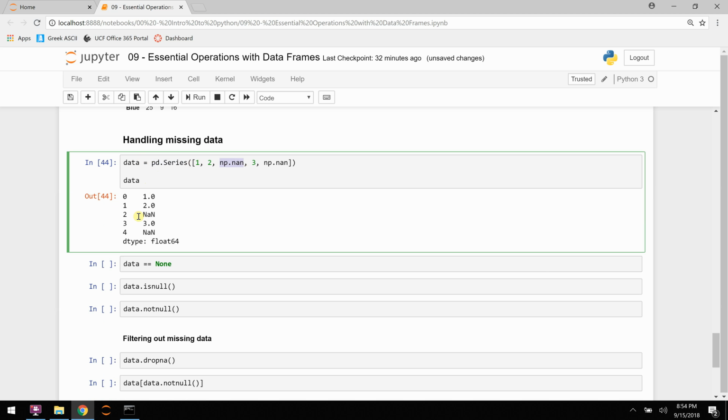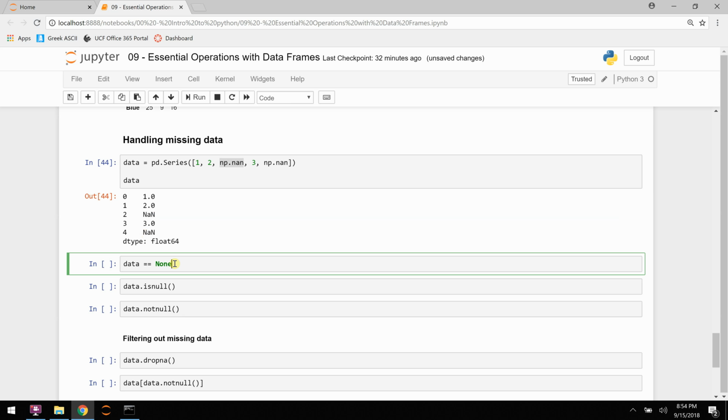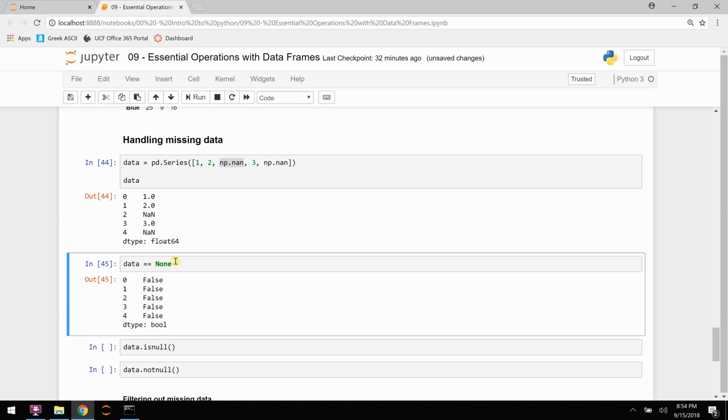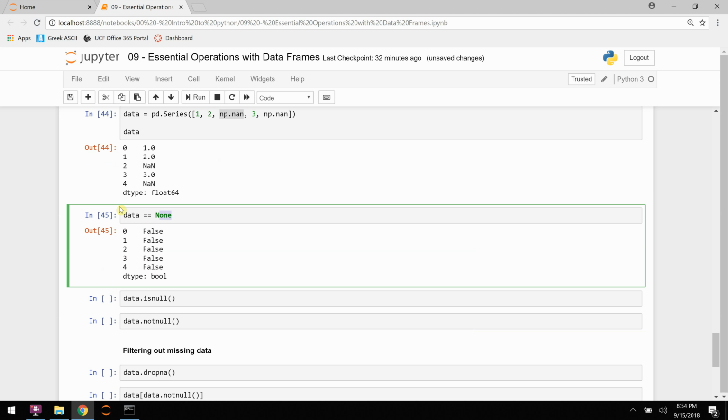np.nan is our value that we have here that we've seen in the past as not a number. So we have 1, 2, not a number, 3, not a number. Does not a number equal none? Apparently not, because all of these return back false. So nan does not equal none, which is an important thing to think about when you're trying to do,